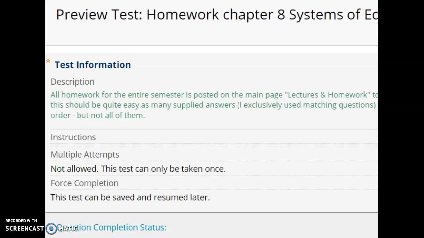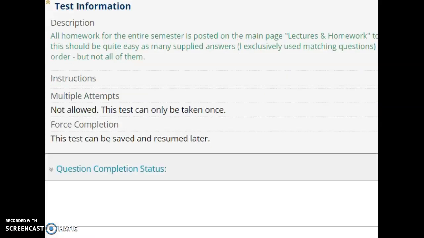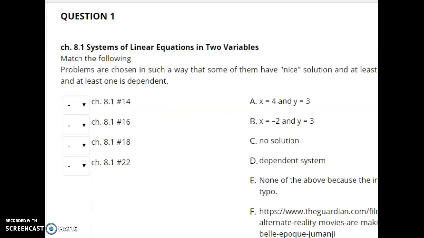Okay, this is a video about the homework chapter 8 system of equations. I know it says preview test here. It's not a test. Blackboard calls everything test. This is the homework. All right, so I have question 1 here, and you look in the book, whatever page